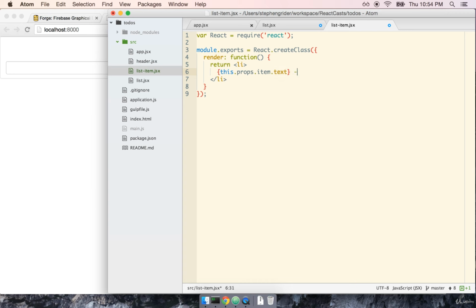And you know what? Let's do this just to make sure that we've got all of our information here. I'm going to put a dash. We'll say this.props.item.key and this.props.item.done. Okay, so I'm going to save this,